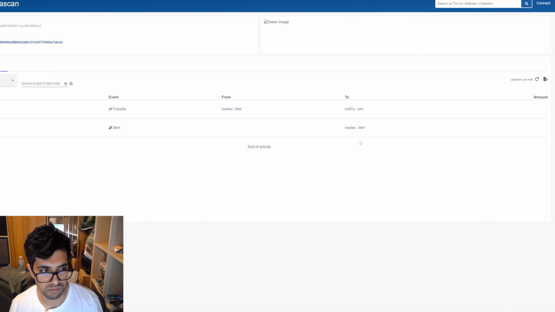So the issue is, oh, this was 7 hours ago. I guess this is a comic. Should be a comic. Yeah, so this is a comic. So I already know which one this is actually. But you can't really tell what it is. And the issue is because the metadata associated with this token ID is kept off-chain, not on-chain.